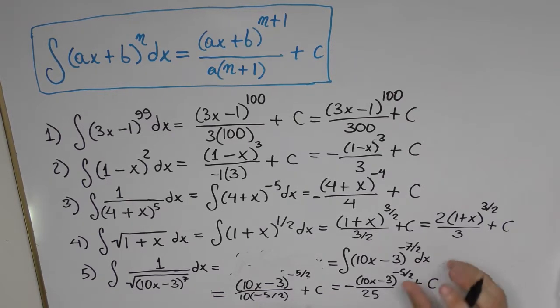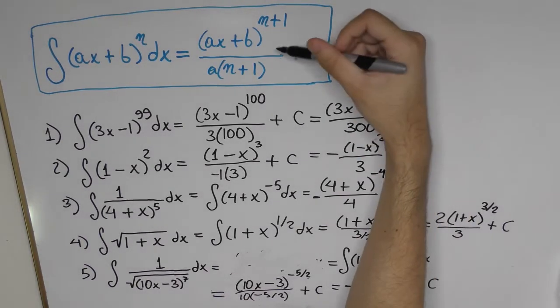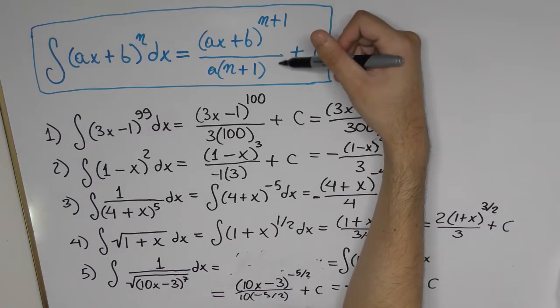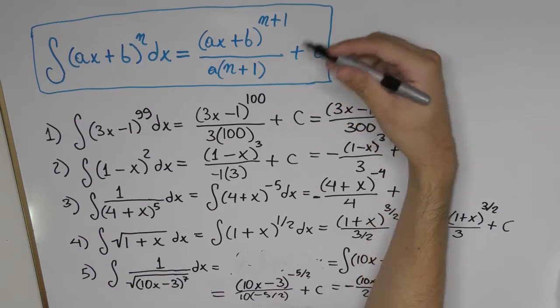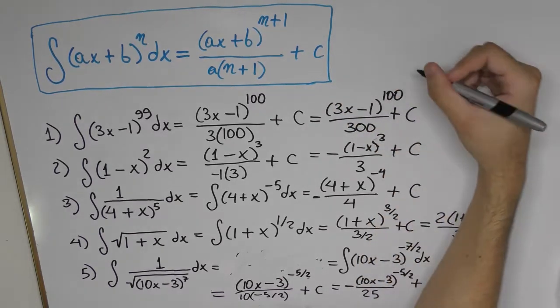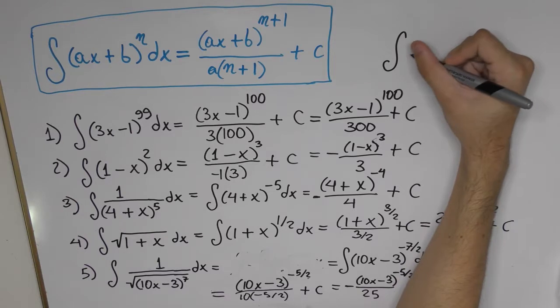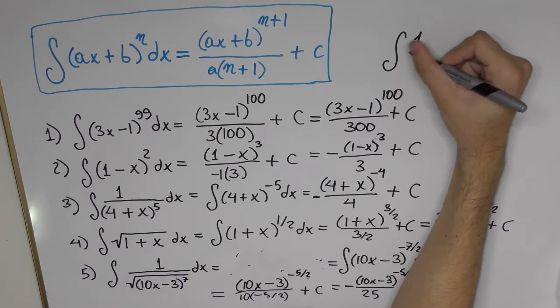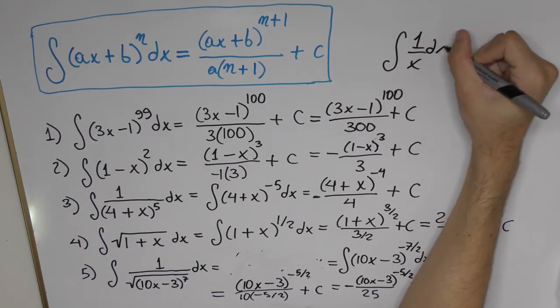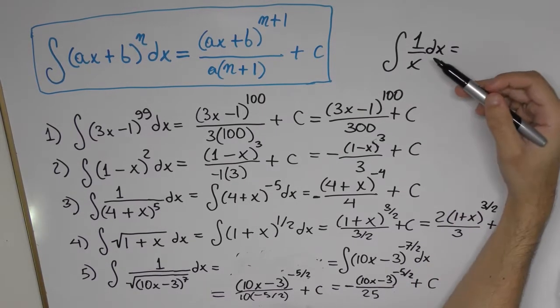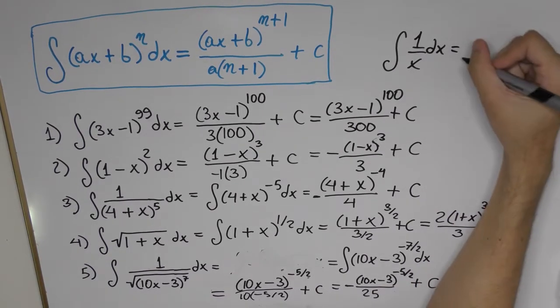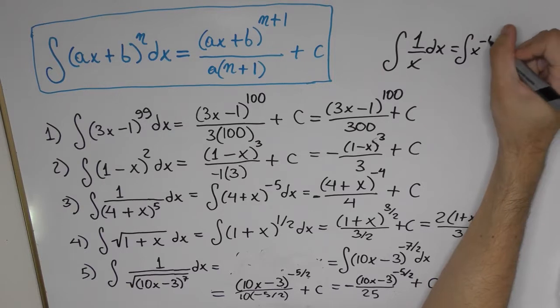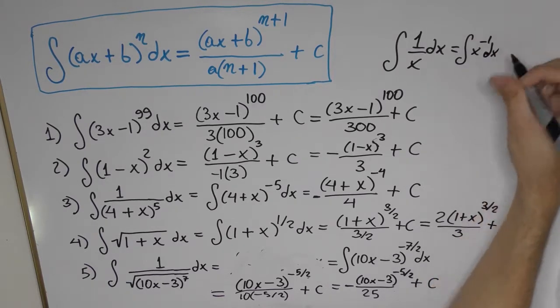Now there's a very particular exception to this rule, and it not only applies to the binomial expression right here, but it also applies to x to the power of n. And it is what happens when you have something like this. You have 1 over x and you want to integrate that. Well, we know that if we were to express that as a negative power, x to the minus 1 dx,